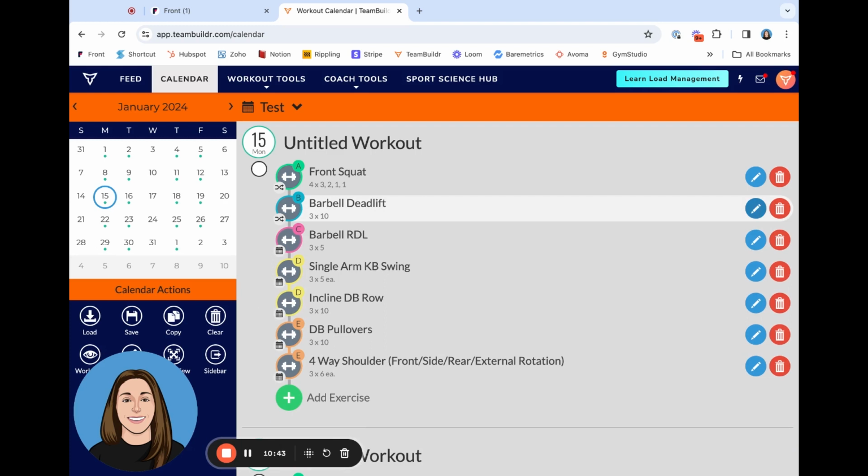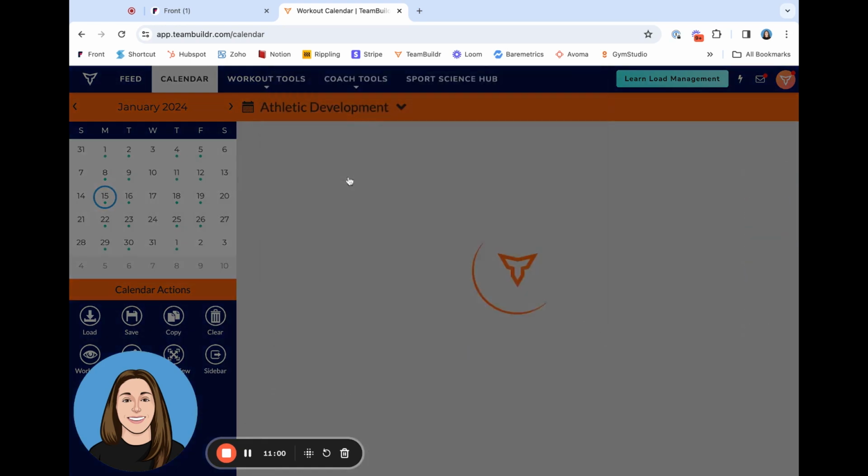Another thing that's important to note, once you have changed an exercise or made an edit in the sub calendar, if you go back and change that original exercise in the parent calendar, it will not change anything in the sub calendar. So, for example, if we go back to our athletic development,